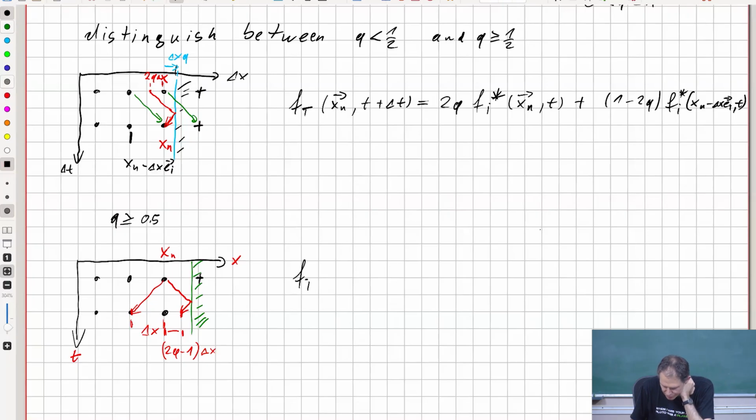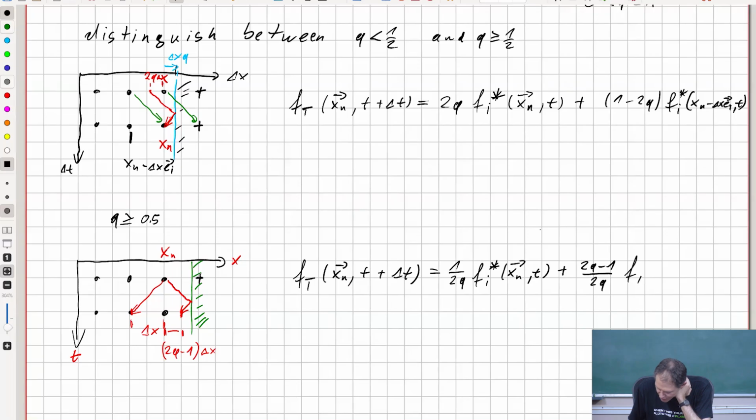We have fi(xn, t plus delta t) is now, the combined distance is 1 over 2q fi star (xn plus t) plus (2q minus 1) divided by 2q fi star